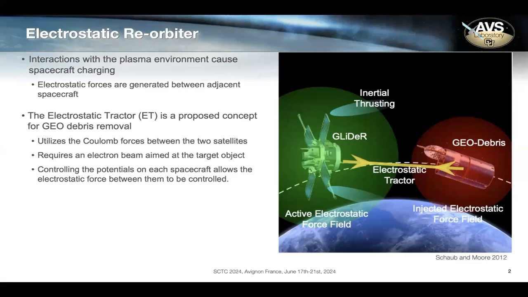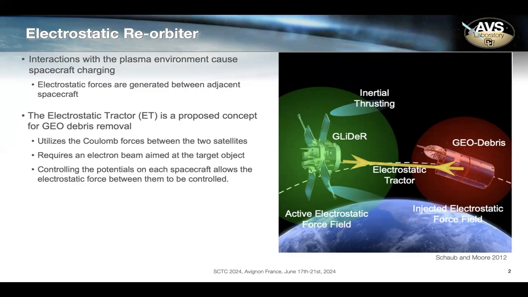Interactions with the plasma environment and spacecraft cause spacecraft to charge. When you have two charged spacecraft in close proximity to each other, they're going to generate electrostatic forces and torques between them. Now, these electrostatic forces and torques can be used in the electrostatic tractor, which is a proposed concept for geostationary debris removal. This technique utilizes the electrostatic forces between the objects to tug a debris object to a